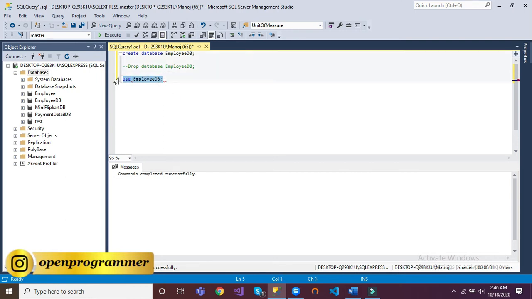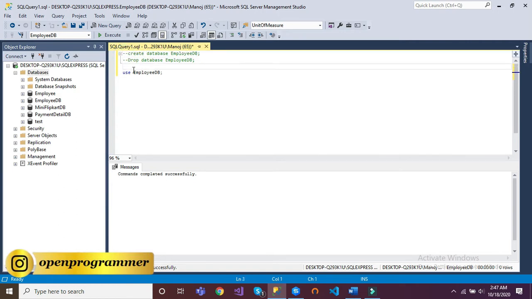Select the command. See, here it is the master database, but when I click on Execute, it will change it to employee DB. It means whatever database we use in that command, it will select that DB, right? So that is how we can create a database, drop a database and use a database. Now let me comment this one also, and this one also. So we have completed the database part.